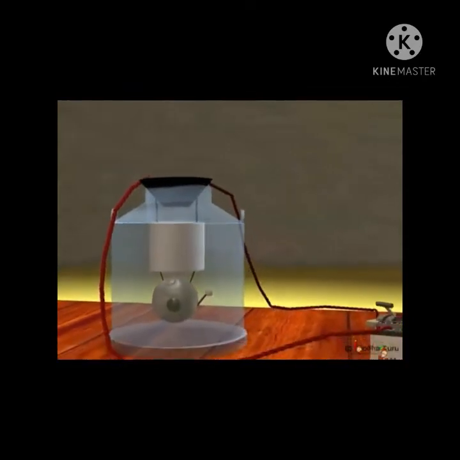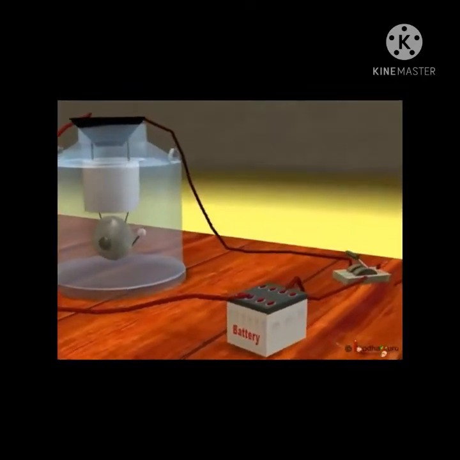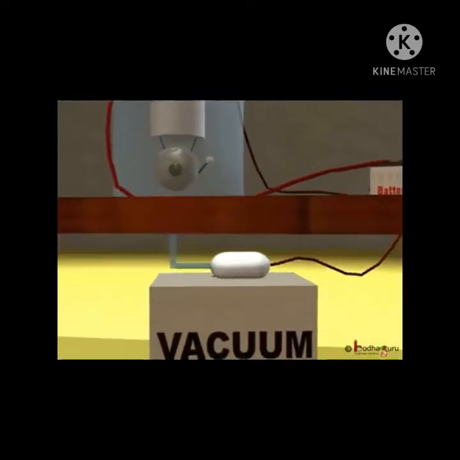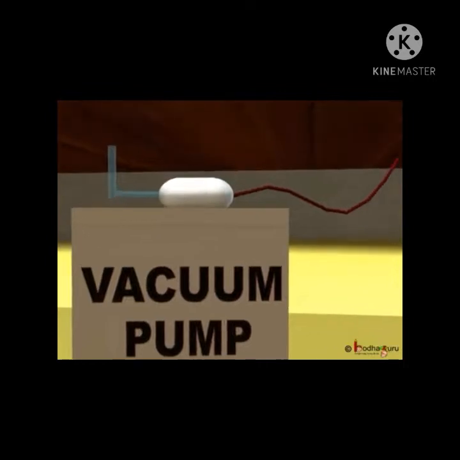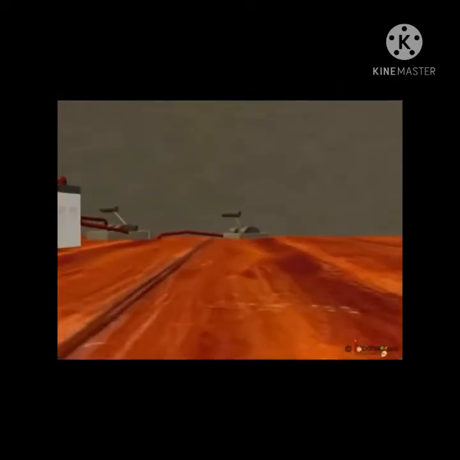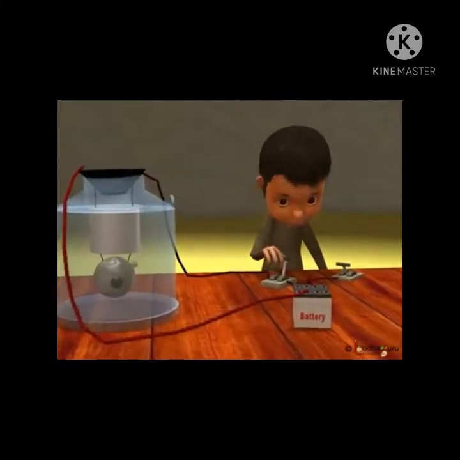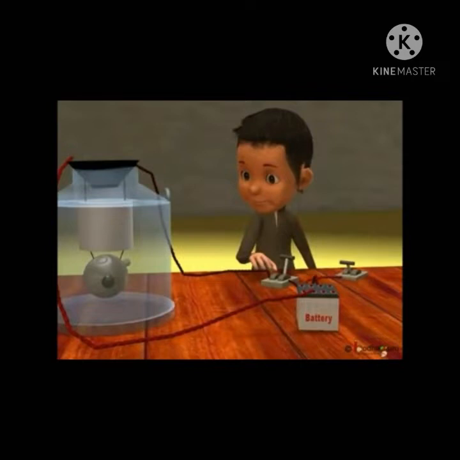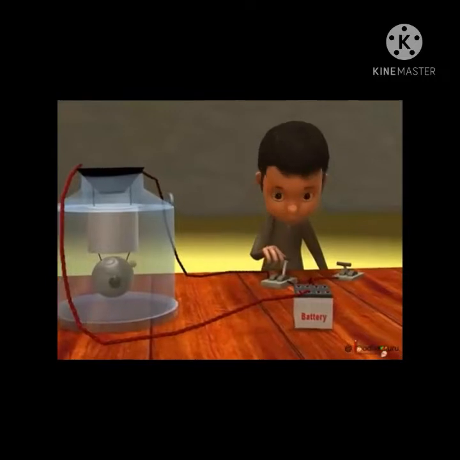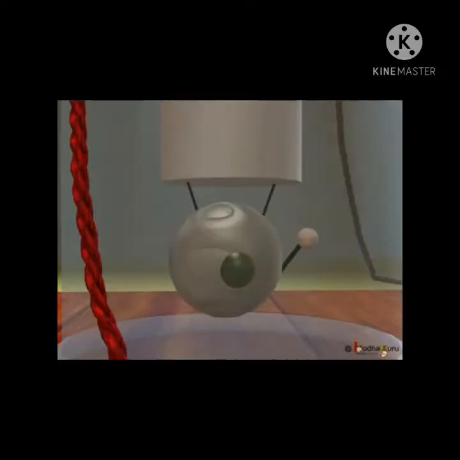In this experiment, a vacuum-tight bell jar is placed on a smooth horizontal surface. The bell jar is connected to a vacuum pump via a tube. We can remove air inside the bell jar using the vacuum pump. As shown in the figure, the bell jar contains an electric bell which is connected to the power supply through the lid of the bell jar. At the start of the experiment, the vacuum pump is off and the bell jar contains air. If the key to the electric bell is now switched on, the bell starts ringing and the ringing can be heard from outside the bell jar.